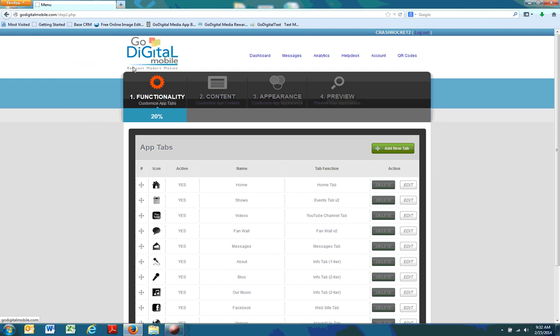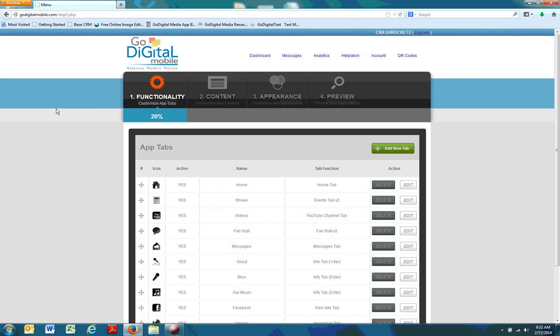Okay, so what I want to show you to do now is to add locations in your native app. So I'm logged into the Crash Rocket app, and the reason we're going to add locations is because they play at different venues. And so in their mobile app, we want someone who wants to go to an event to be able to open up a tab. It displays location markers on a map, and they could either click on those location markers, or they could go by the list, find the venue name, click on it, and